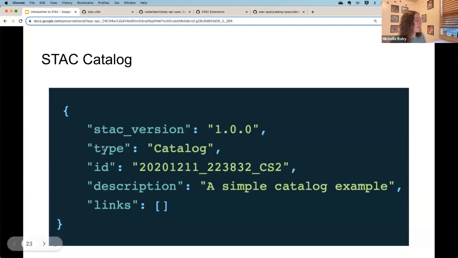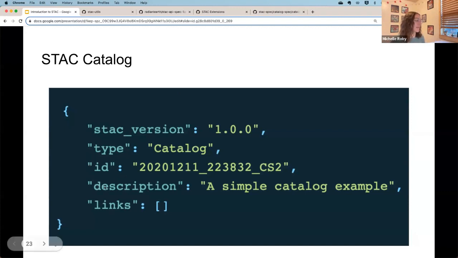The type here is inherently going to be catalog for the STAC catalog, so again, no real thinking needs to be done on that. The ID for the catalog is a unique identifier for the specific catalog that can be searched, and you can find it, and it usually describes the data in some way.